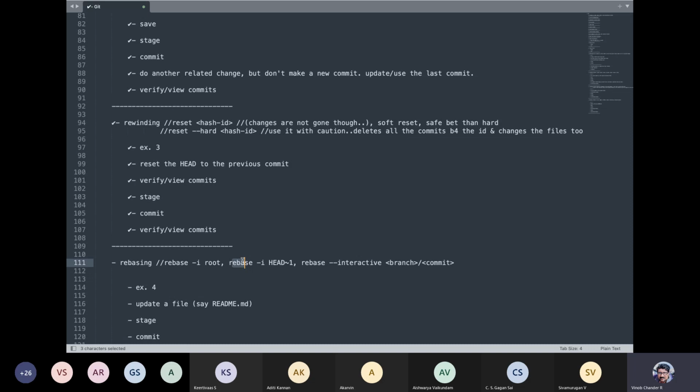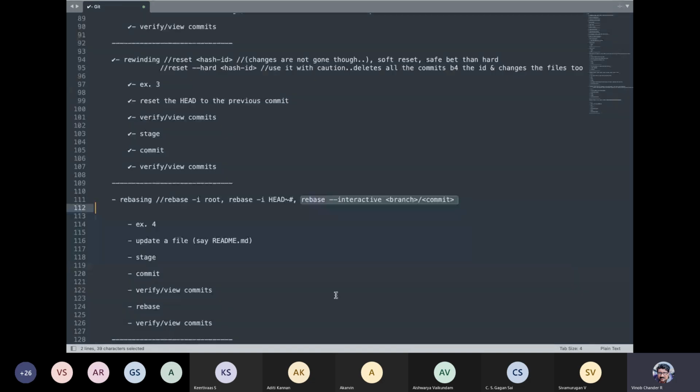And the other thing is you can also do a rebase -i HEAD and you can specify a number. It is not essentially one, it is a number that you can specify. It could be 1, 2, 3, or 5, depending upon the number of commits that you have. You typically make use of this when you have a long history of commits and you just want to do a rebasing of, say for example, the top 5 or 3 or 4 commit messages, right? So that is also possible. For that you give this. We will see an example, and the most widely used command is this. Typically when you have multiple branches, you say rebase -i and specify your branch or your commit name.